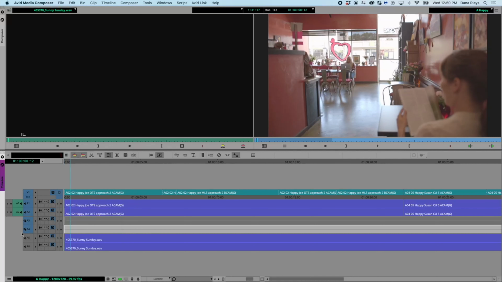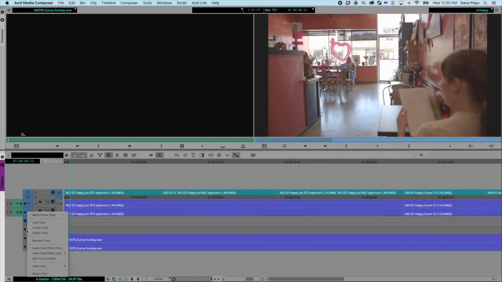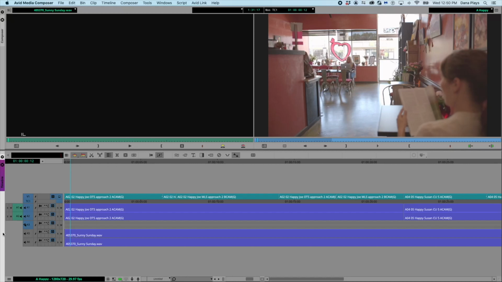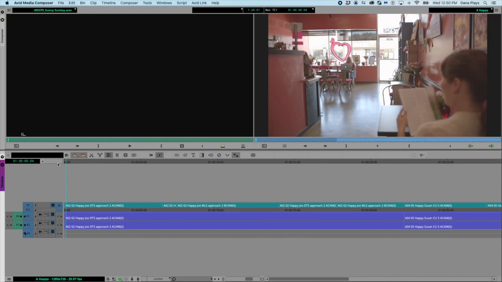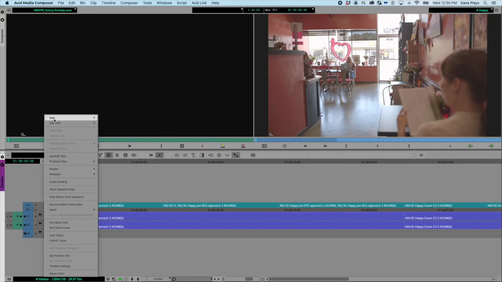And I'm looking for deleting the track. We want to delete that track, so we're doing that. And this is the music. So now all of these tracks, so what we'll do is let's delete these tracks, delete and delete. Okay, now in order to add the music, what you want to do is to add two new